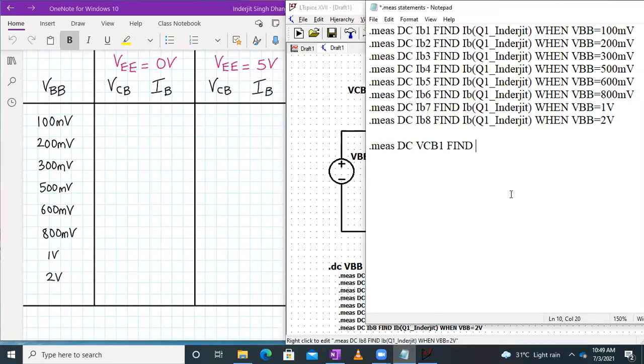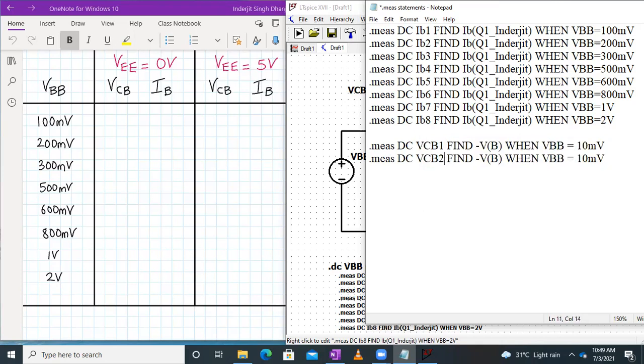So we have to write over here, find minus of VB, that is corresponding to VCB, when VBB is equal to 100 millivolt. Now next, dot measure DC, the same statement we have to copy over here.